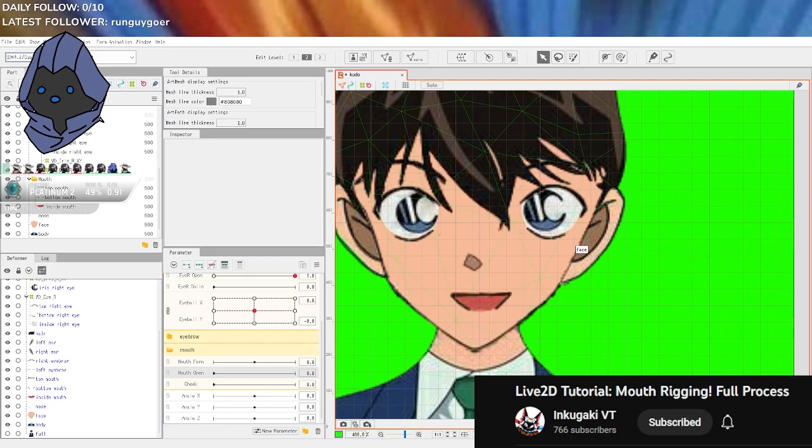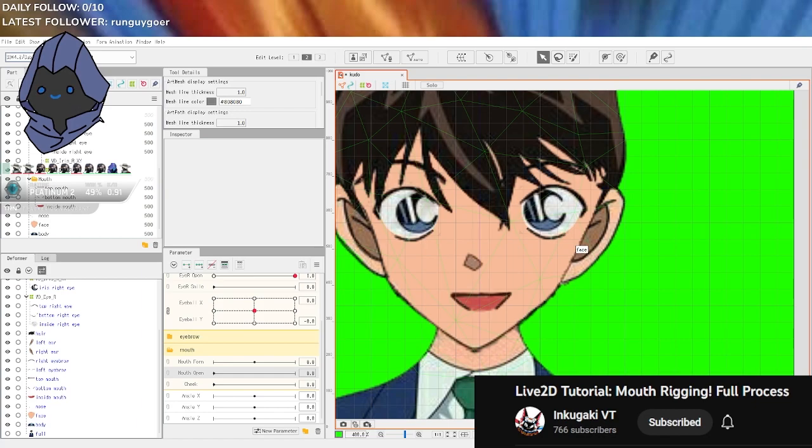Now the mouth open is going to work with our mouth form in making different shapes. So to have more control on how we open and close our mouth, we're going to add more keyforms. We're going to type 0.3, add another keyform, and then 0.7 and add another keyform. Once we have all our keyforms like this, we're going to select mouth form and mouth open, and link parameters. And we're going to have this new keyform arrangement that, if you look closely, resembles a lot our mouth shape sheet. Am I right? So, since I'm using this image, these keyforms are going to work like this. If you decide to use another mouth shape sheet, usually they have their keyform arrangement